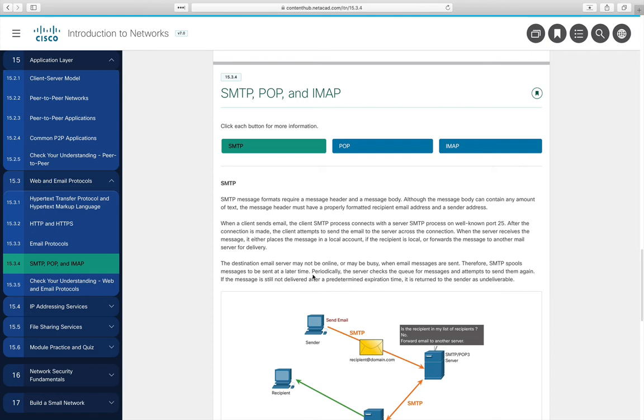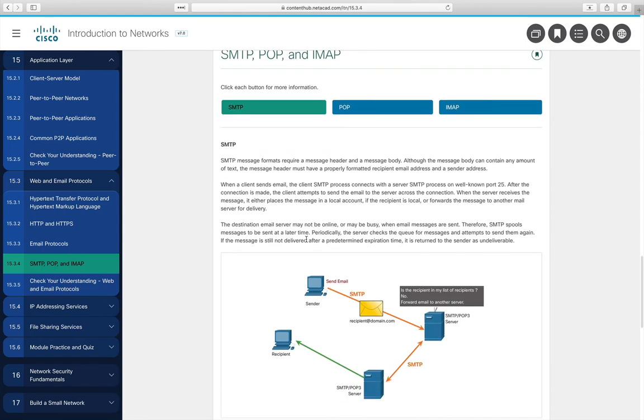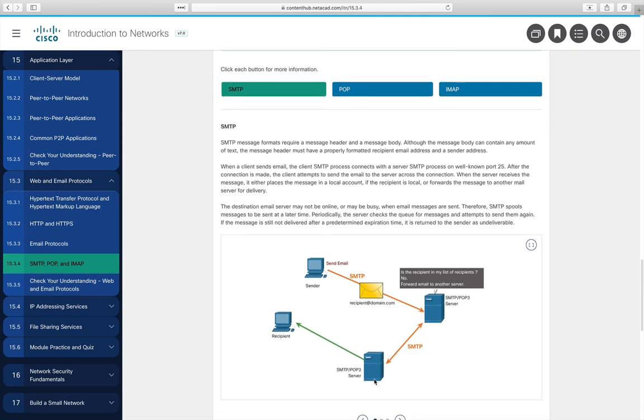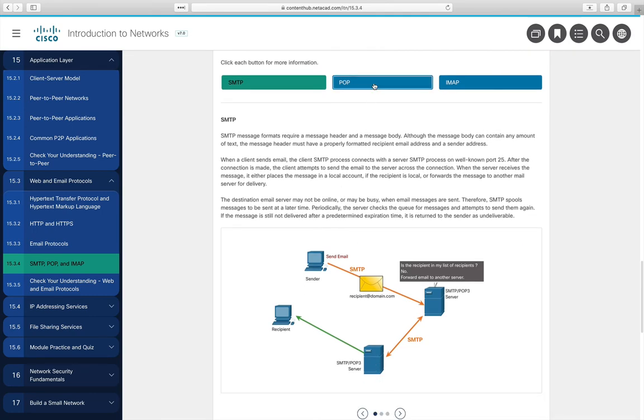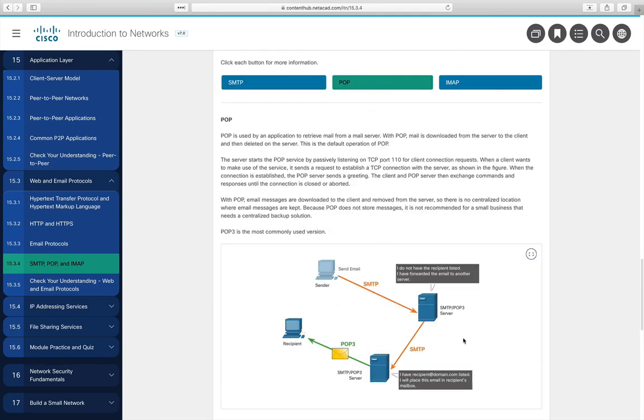SMTP, Simple Mail Transfer Protocol, works on port 80, and again, it may send it to your mail server or from your mail server to the recipient's mail server. So this is kind of a repeat of the graphic. POP is intended for somebody reading the email. What they're saying is, if you're sending email, this will be an SMTP server, but if you're reading email,